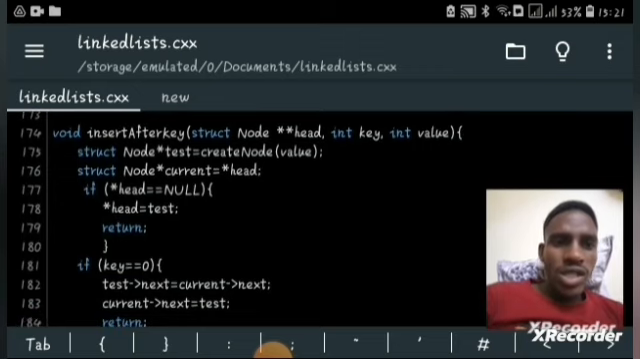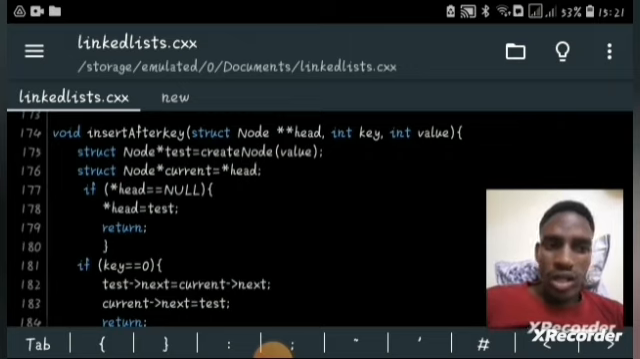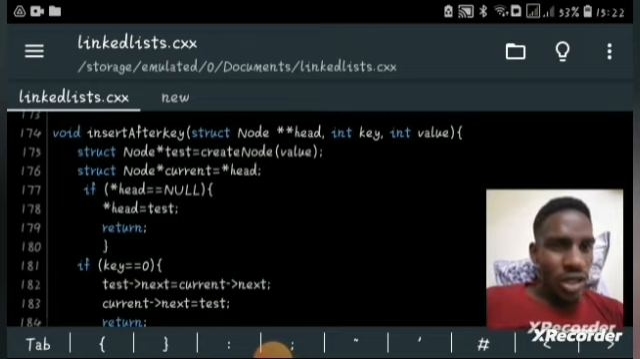So if you insert after key, we're going to apply some of the same techniques. We're still going to take in the pointer to a pointer, star head. We're going to take in a key, and then a value, because we want to insert a value at a key. So first, obviously, we're going to create a node that we want to insert. But we want to insert it after a specific key. So we're going to have to create a pointer, which in this case is the current pointer, and give it the address of